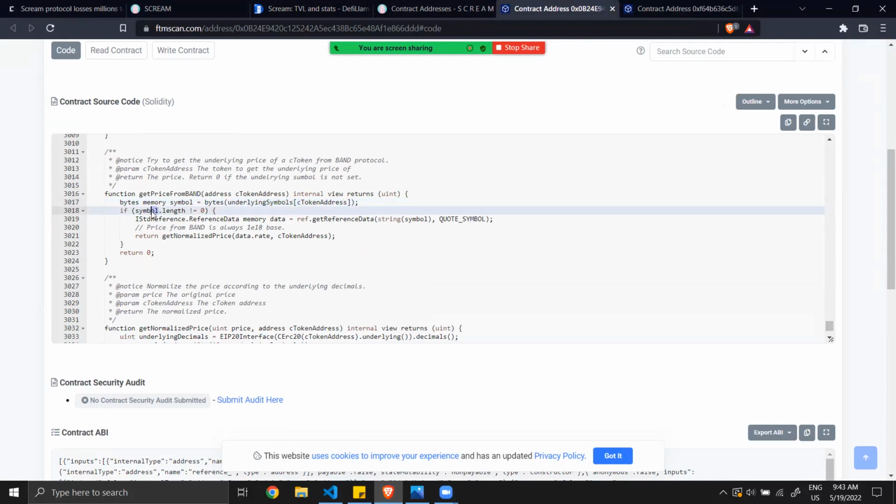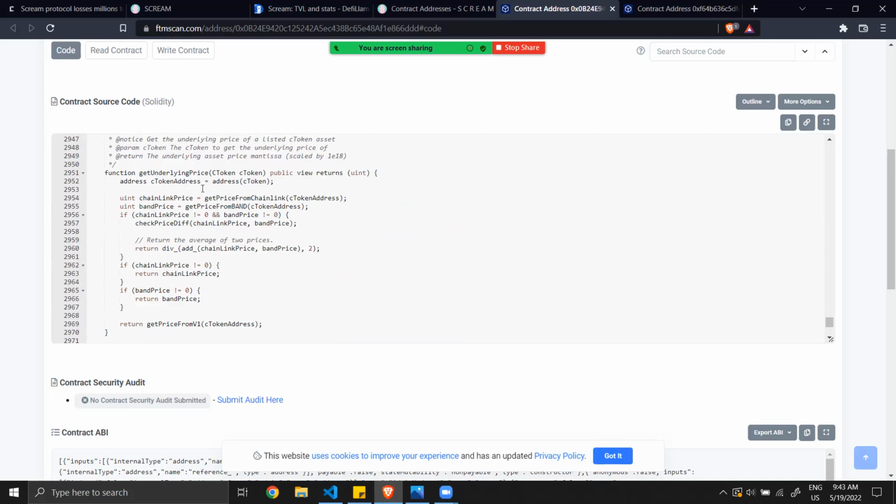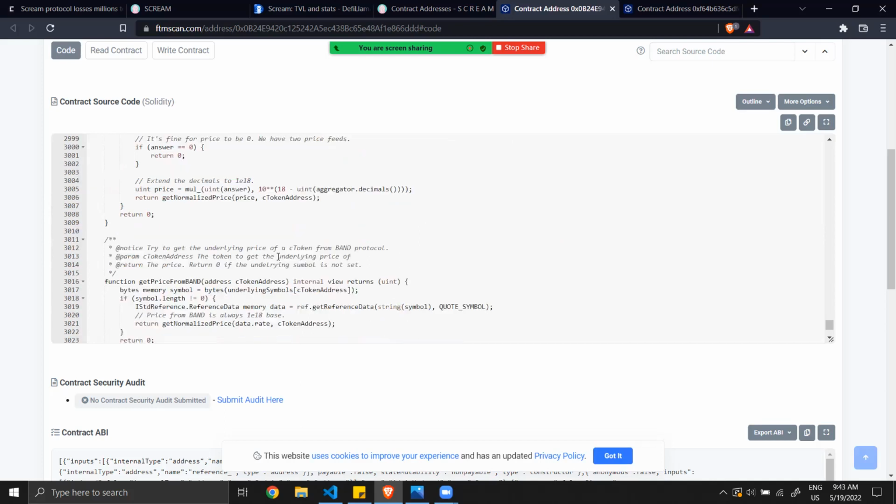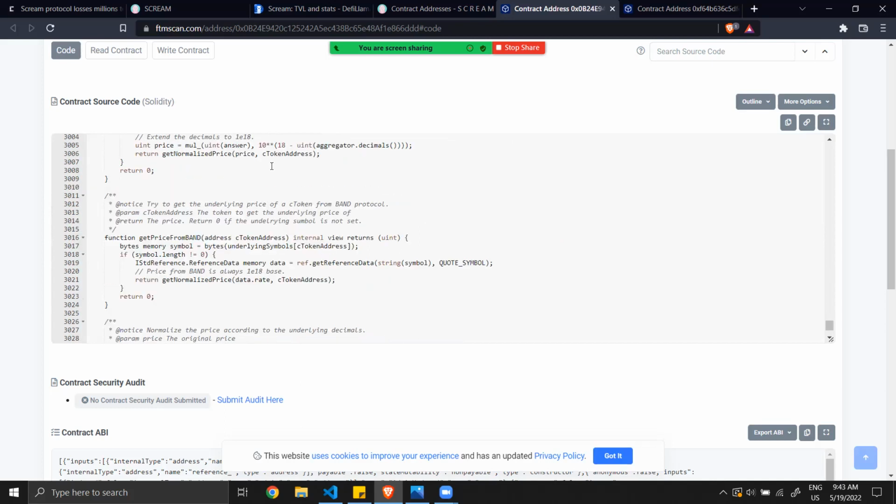If the symbol is not an empty string, you will return the price from Band Protocol. You send to Band the symbol of the token and also the quote symbol, so you want the price in which currency, and the quote symbol here is equal to USD. But if there is no symbol associated, or an empty string associated to a cToken address, Band Protocol will return a zero price.